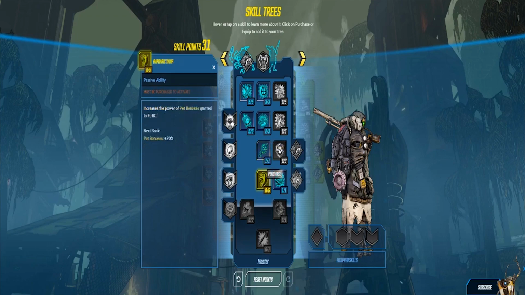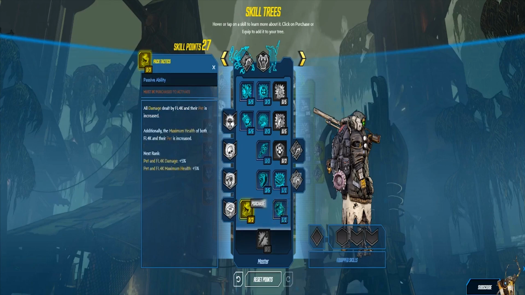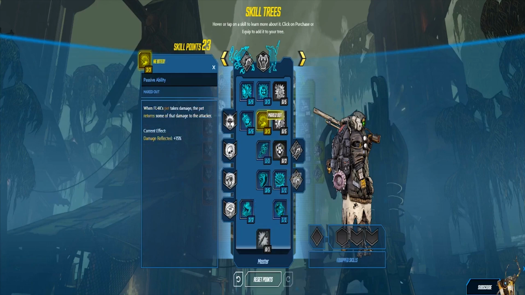Yeah, I'd give him quicker movement speed, and then the pet bonuses, I'll spec a couple in too. And then we'll go on to this, which is all damage dealt by Flak and their pet is increased. Additionally, the maximum health of both Flak and the pet is increased. That's cool. When Flak is at low health, a portion of all damage they take is shared to the pet instead. At low health, that could be quite handy actually. Let's just spec into all of that, and we'll go for one more there to get us to the last